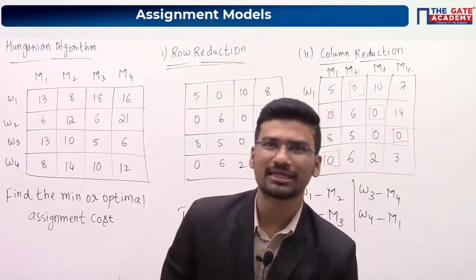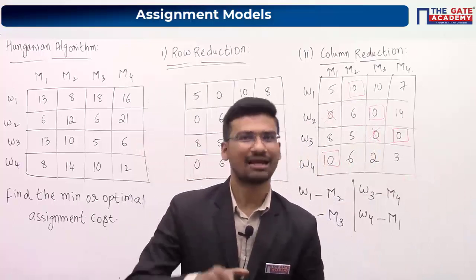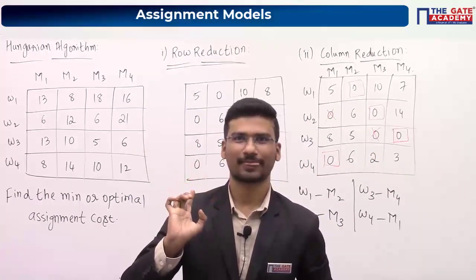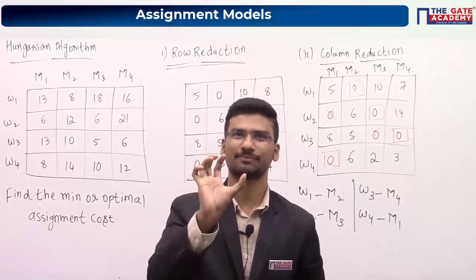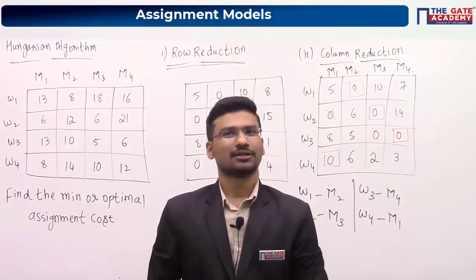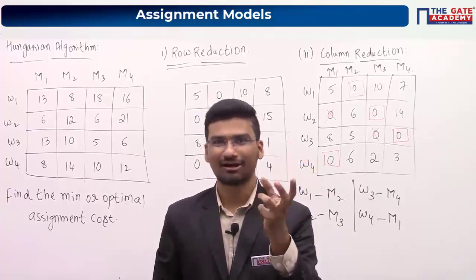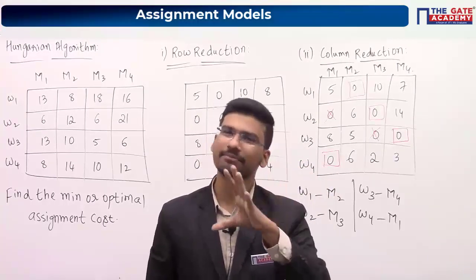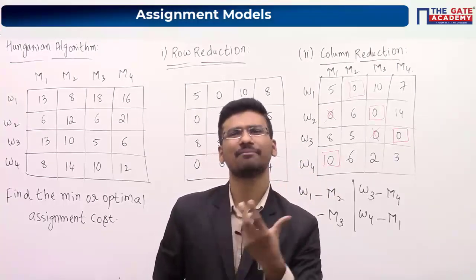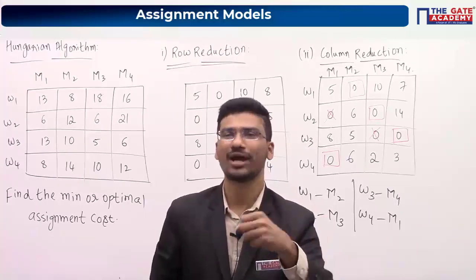Shrimay, you are asking what if W is not equal to M. I will take one question on this particular doubt. What we did in the transportation problem was add dummy rows or dummy columns. If you remember, the same thing we have to do here also. Maybe a dummy worker or a dummy machine you have to add.